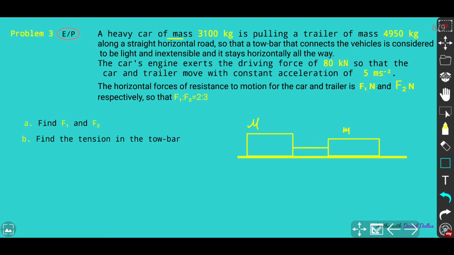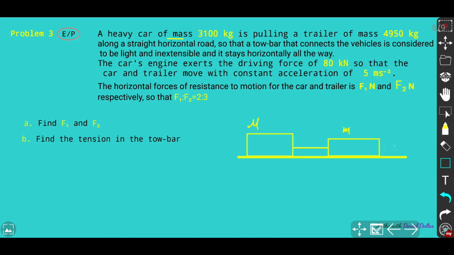Okay, so that's an idea. And inextensibility allows us to judge as we described before. So what we need to do, of course, is draw all the forces that act on it. And as you can see here, there is a driving force that the engine exerts, and that means it's